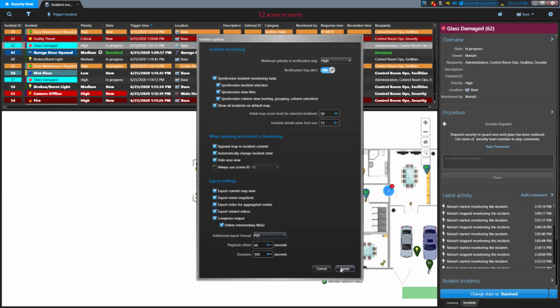Don't forget to hit Apply if you've made any changes, or hit Cancel if you want to go back to the way it was before the modifications. That's the end of the interface tour, but we'll be taking a closer look at some of the things we covered in the List and Details panes a little later on.